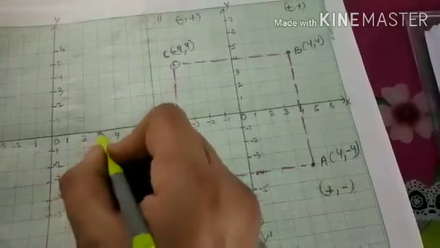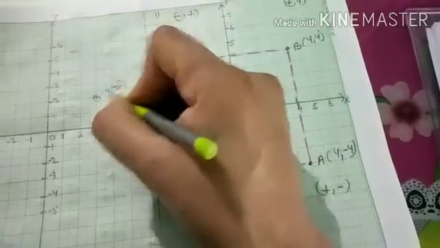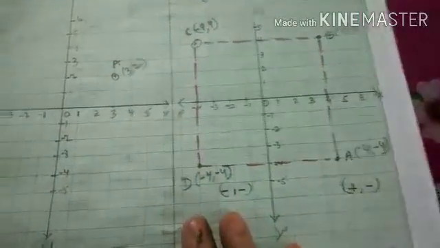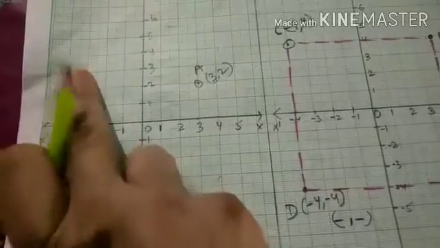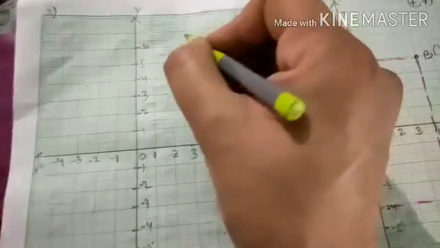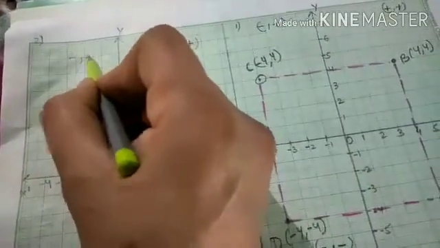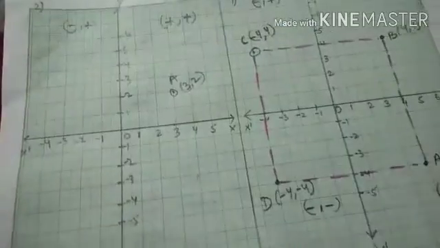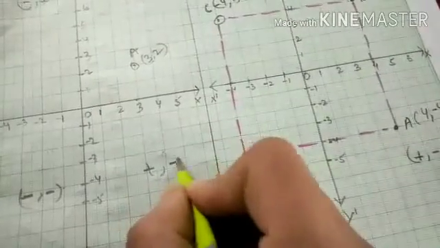Now the first point is (3, 2). 3 on the x-axis, that is 3, and 2. The first point we have here, 3 and 2. Okay, we can say this is point A. The second point we have is (-4, 2), minus, plus, second quadrant. First of all, we can write the sign here, because you all know about that, but for our convenience we will write the signs also.